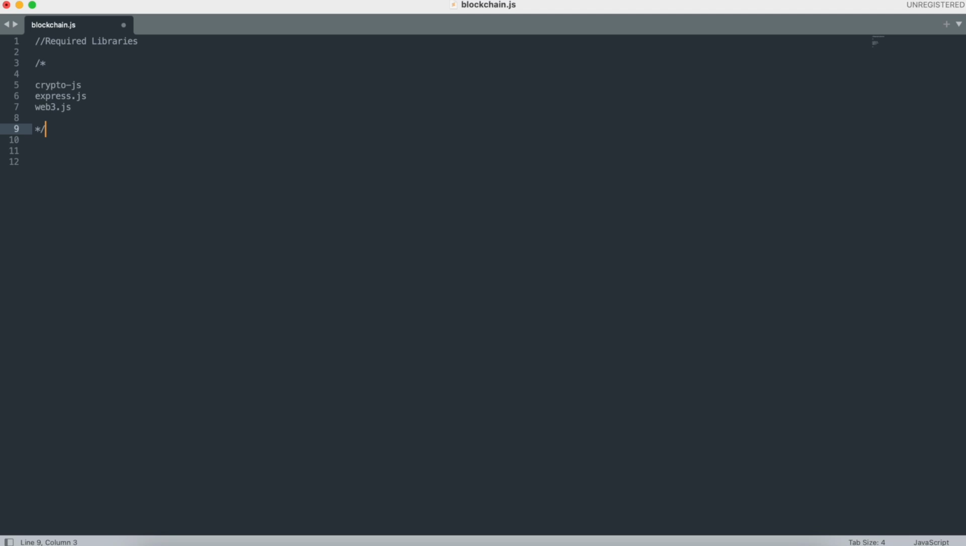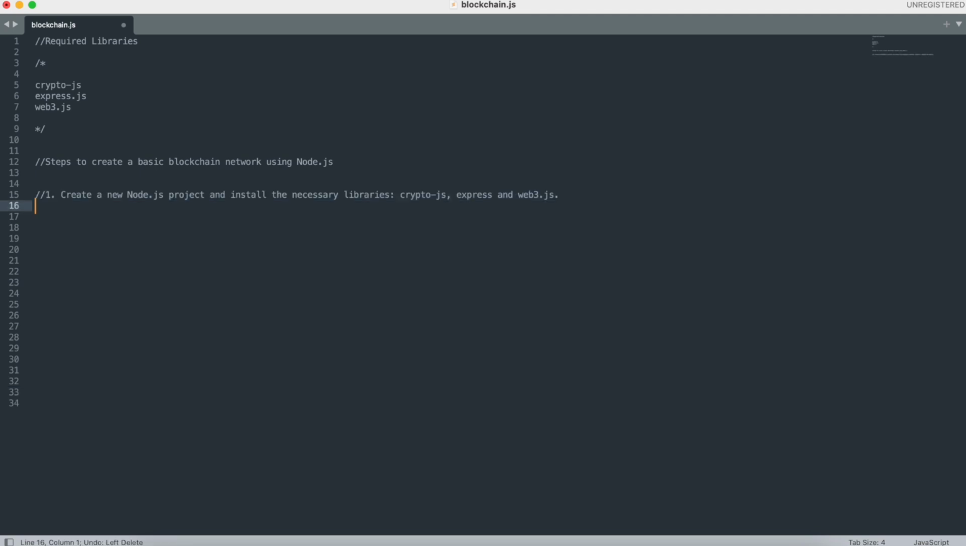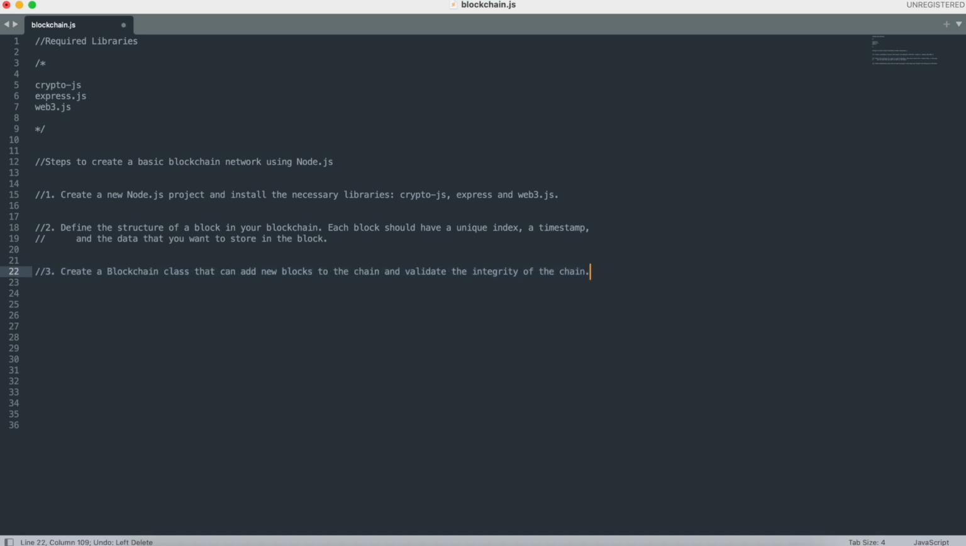Now let's go over the steps briefly to create a basic blockchain network using Node.js. The first step is to create a new Node.js project and install the necessary libraries, which are crypto.js, Express, and Web3.js. Next step is to define the structure of a block in your blockchain. Each block should have a unique index, a timestamp, and the data that you want to store in the block. Next step is to create a blockchain class that can add new blocks to the chain and validate the